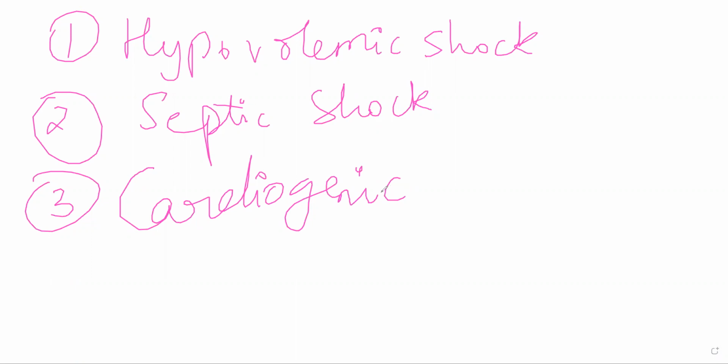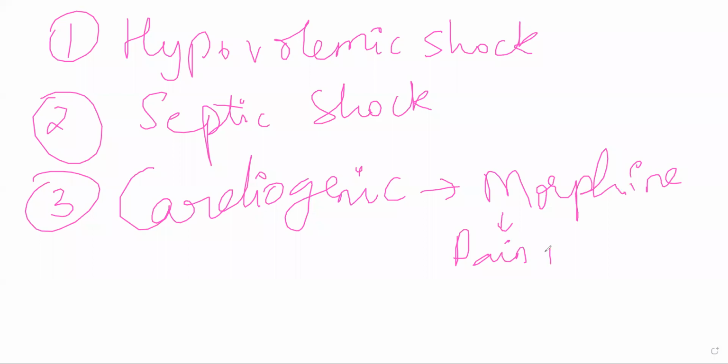You will have to give morphine because of the excessive amount of pain that will occur. You will have to give morphine, and you will have to jumpstart the heart in certain scenarios. Okay, reestablish its condition back. Morphine is also helpful in anxiety. In this scenario, the patient will have a lot of pain and anxiety. For both of those you can give morphine.